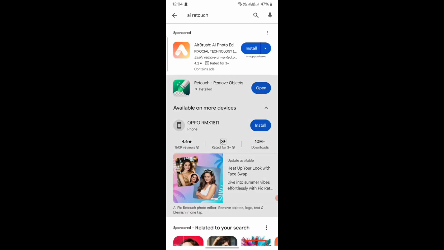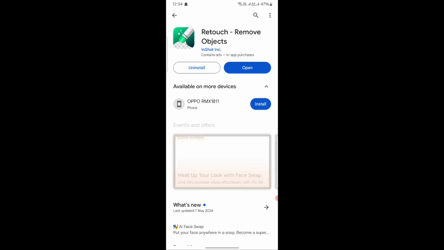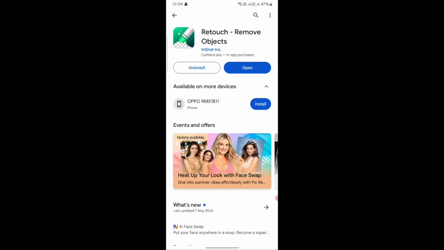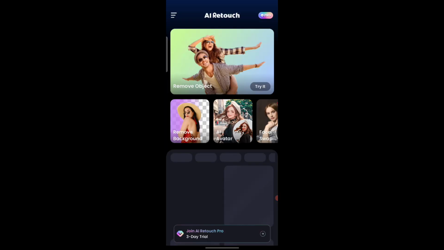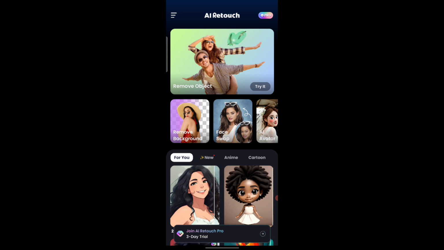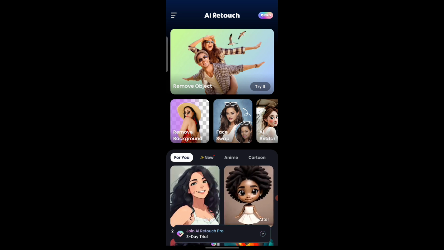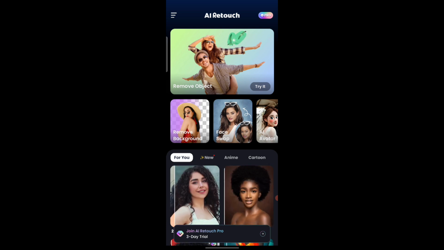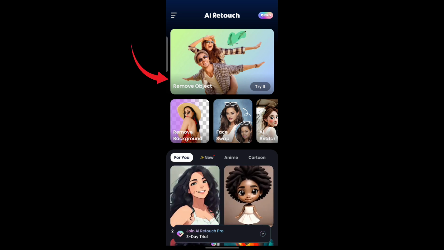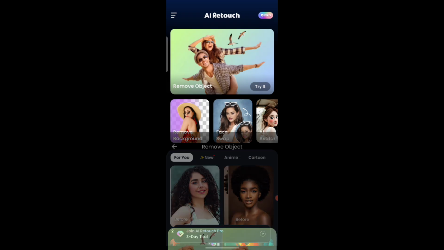Download this one. I have already downloaded it, so I won't download it. I will directly open it. Click on open. You need to download first, and then only it shows the open option. So to remove object, click here, try it, remove object, try it, allow,